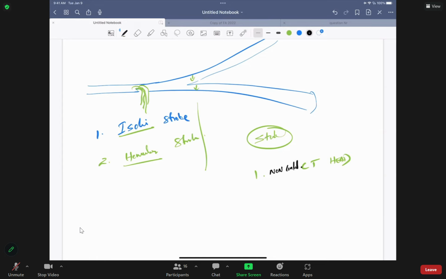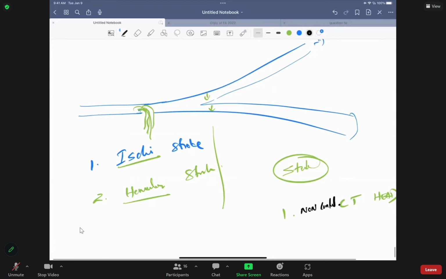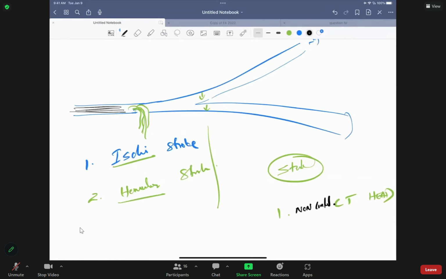That word, non-contrast, is the most important here. Why? Let me explain. When the patient comes in, I don't know if they have an ischemic or hemorrhagic stroke. Let's say I'm giving a contrast. What is contrast? A chemical that goes inside the blood vessel, right? If they were to have a hemorrhage, that contrast will bleed or leak through that rupture. It will cause fibrosis of the brain. It's toxic to the brain.